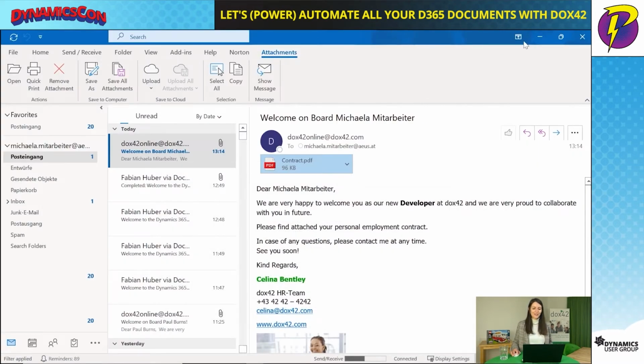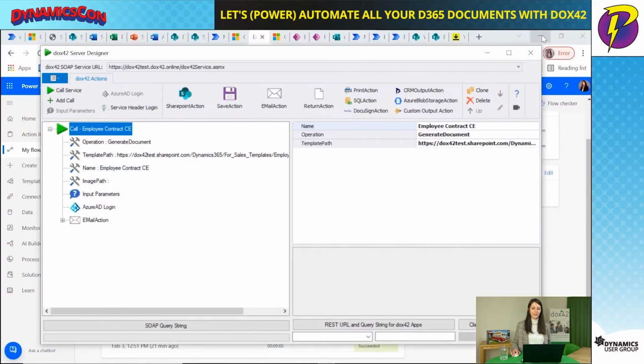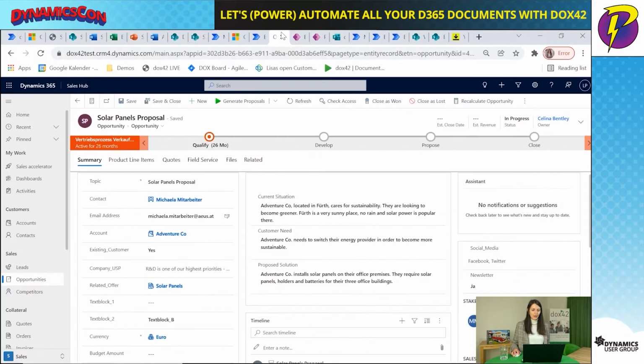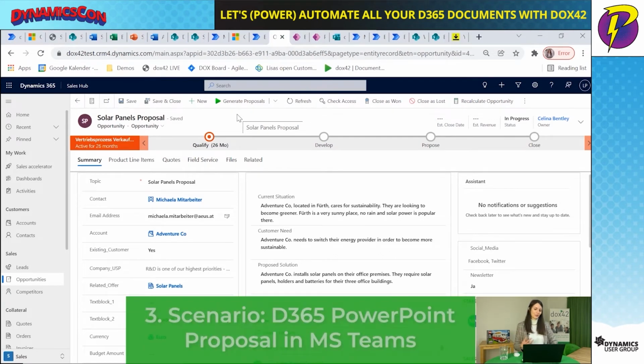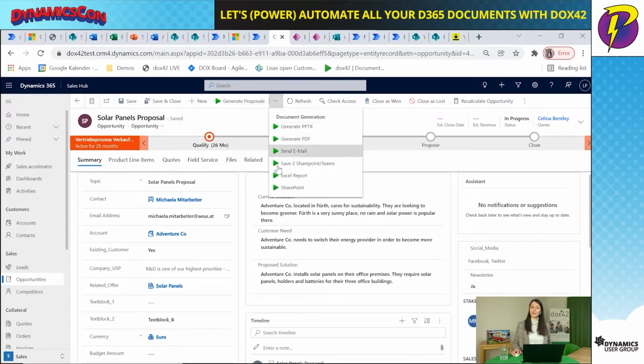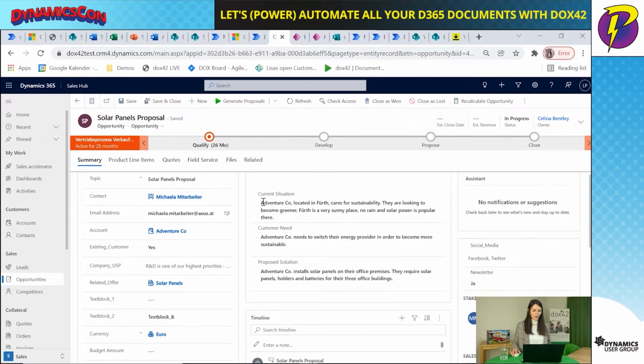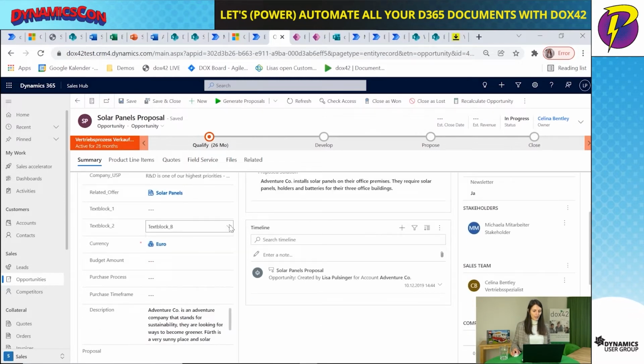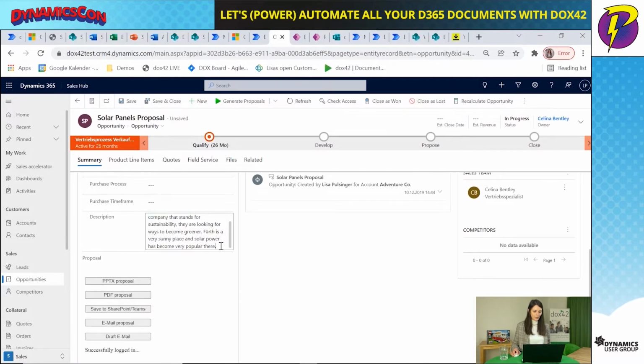Great. So one final scenario from Dynamics. Now I'm in the business of creating a proposal. And that proposal is not based on a Word template, but on a PowerPoint template. And once again, I could trigger the generation from here, but I want the Power Automate connector to do the work. So what I'm doing is I'm just changing something here, the text block, for example, and I'm changing a bit of the text,